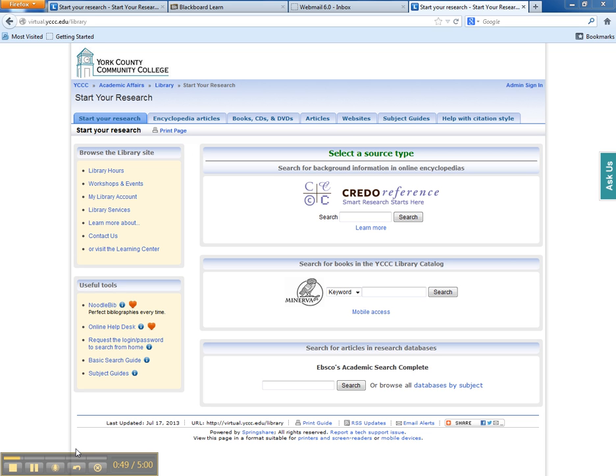Now, if you're working from a home computer, you will need the login and password to get into the research databases. The information is often provided in your online course, but if you don't have it, you can request the login password right here. If you're on campus, it isn't an issue. You don't need the login and password. So I'm going to assume that you have that, and we're going to go down to search for articles in